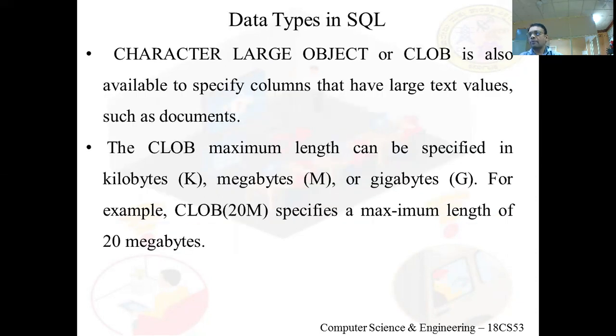We have another data type called CLOB in SQL, character large object. It is used for specifying large text values. If you want to store any large text values such as documents, we use the CLOB data type. The maximum length for CLOB is 20 megabytes. Length can be specified in terms of kilobytes, megabytes, or gigabytes.